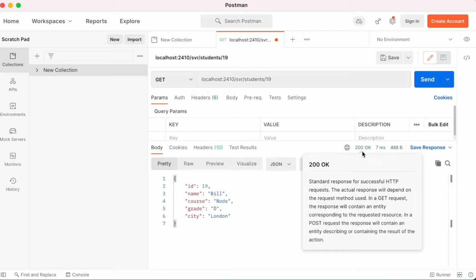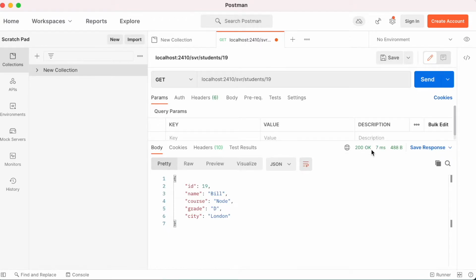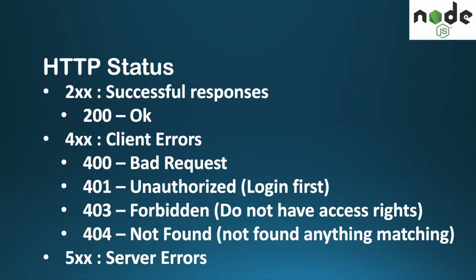So this is the standard response. Then there are client side errors where there is a bad request, unauthorized is 401, forbidden is 403, 404 is not found. So not found anything matching. In this case, the ID, we did not find anything matching.